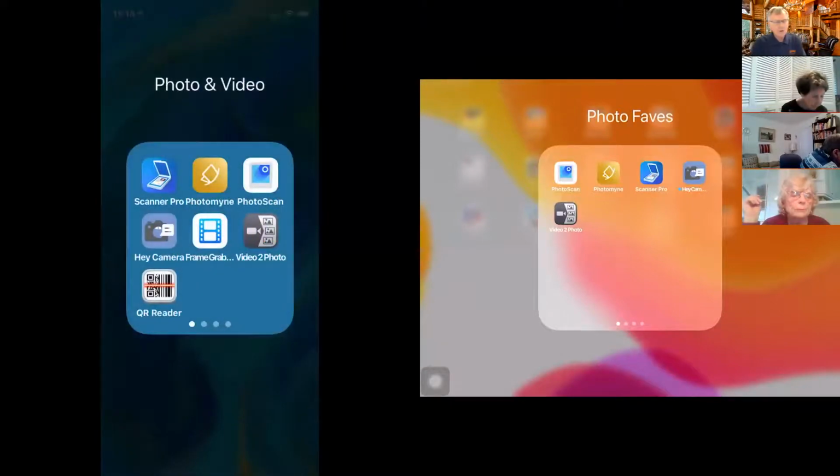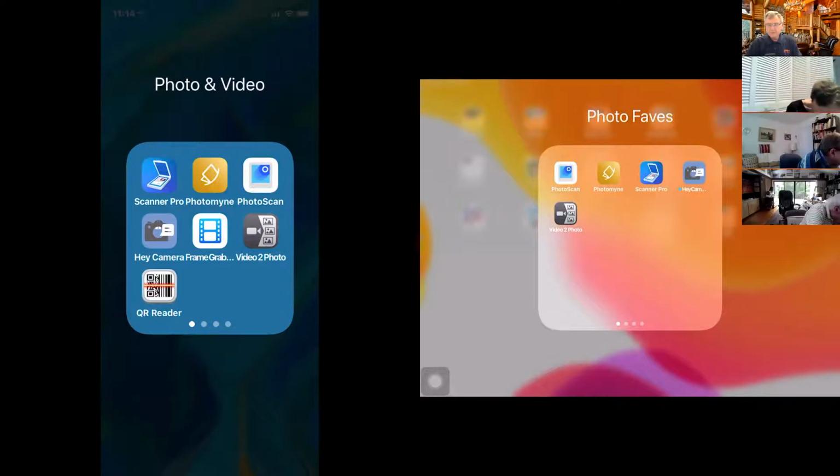And I have one called Scan Pro. Instead of a normal scanner, you can use Scan Pro to scan a document, right? Do you mean Scanner Pro? Yes, I'm sorry, Scanner Pro. But you could do that in Notes. And you could do it from your camera. Right. Okay. Now, one you can't do is Photo